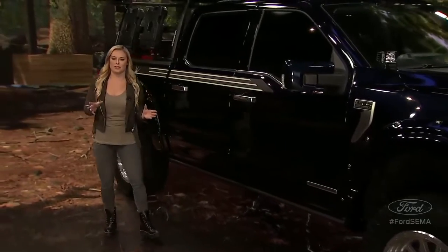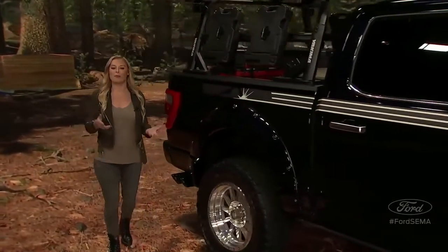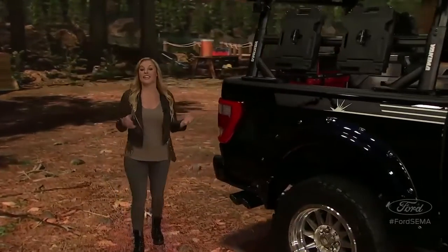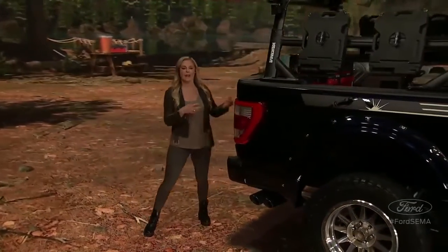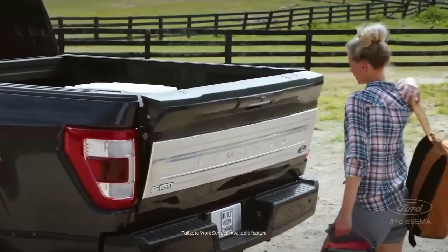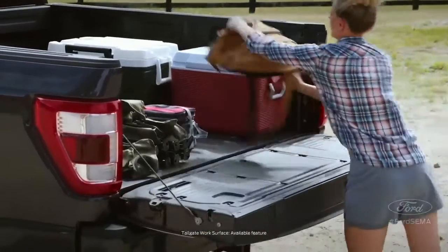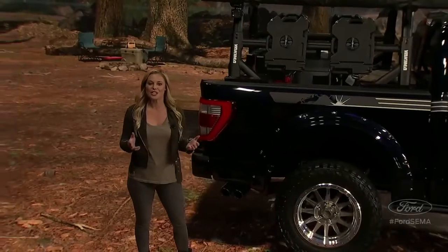For most real truckers, the back end of the truck is the working end. So Ford came up with this tailgate work surface. It gives you a place for writing, cutting, measuring, and using tools. And every F-150 tailgate has built-in tie-downs that double as bottle openers, plus reinforced clamp pockets to hold materials and